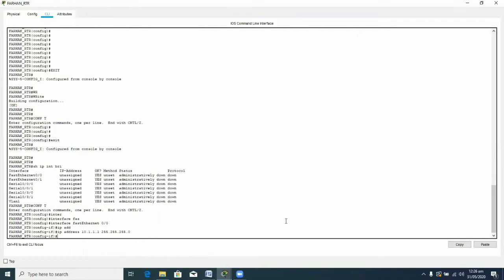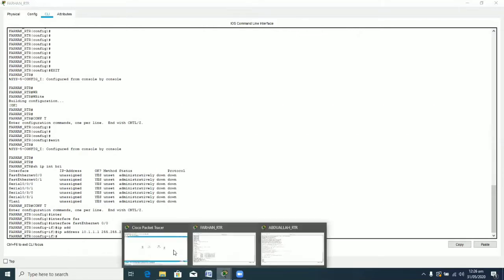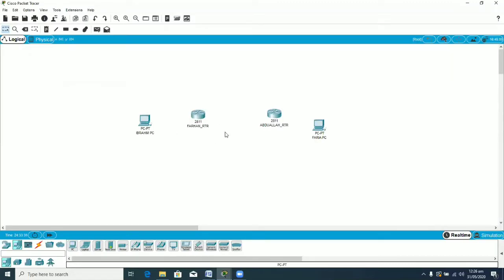Before turning on this interface, I also want you to have an idea related to the cable connection that will be used between these devices. This is the cable connections point, and here this is our crossover cable. This is the copper crossover that is used between the router and the PC. So fast Ethernet 0/0 will now be connected to the PC's fast Ethernet 0. This interface is at present down because it is not turned on yet.